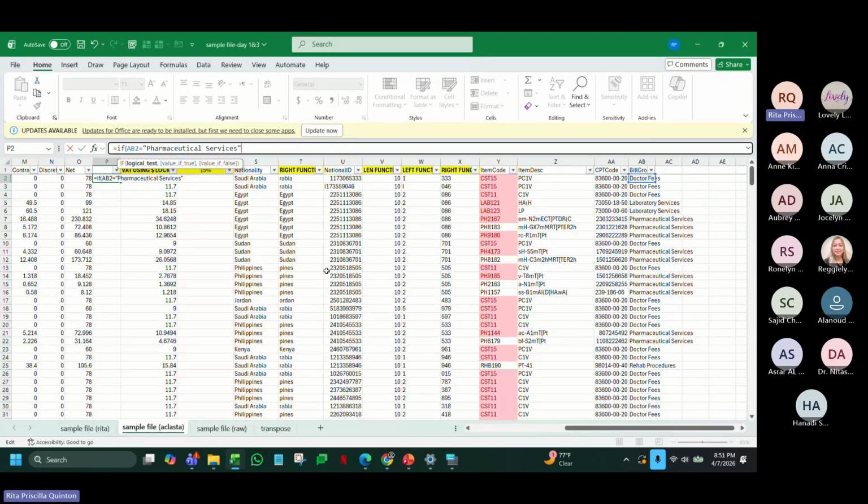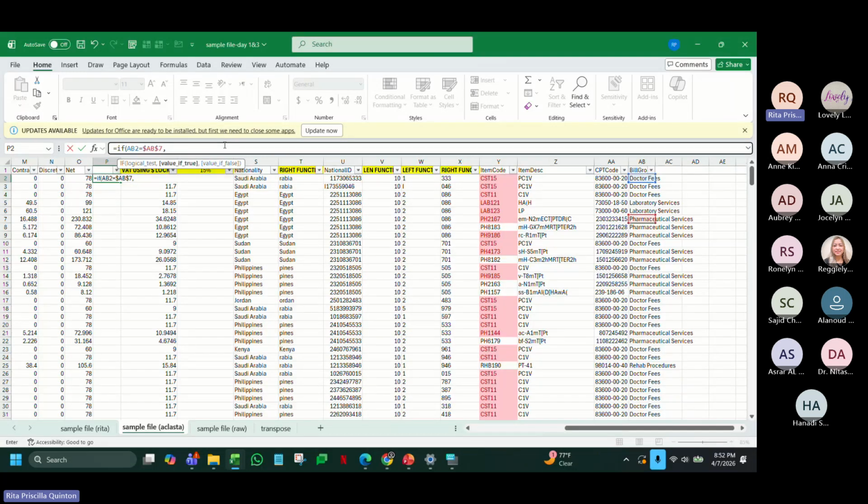Okay, you can do this by typing, so it will not change even if you drag down or autofill. This one will never change. Or since I don't want this to change, I can click this also. I don't want to type. I'm lazy to type. Maybe I will make a mistake on the space. Click here and then press F4. So it will not move even if we drag down. So I'm telling the system now, if AB2 is equal to AB7, pharmaceutical services, comma, tell Excel what you want.